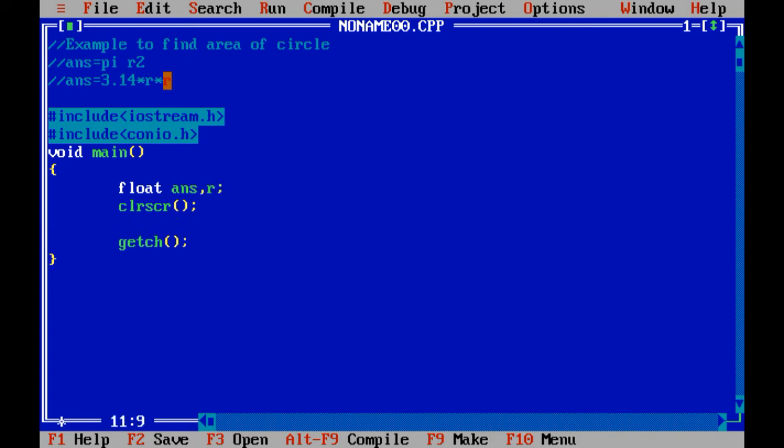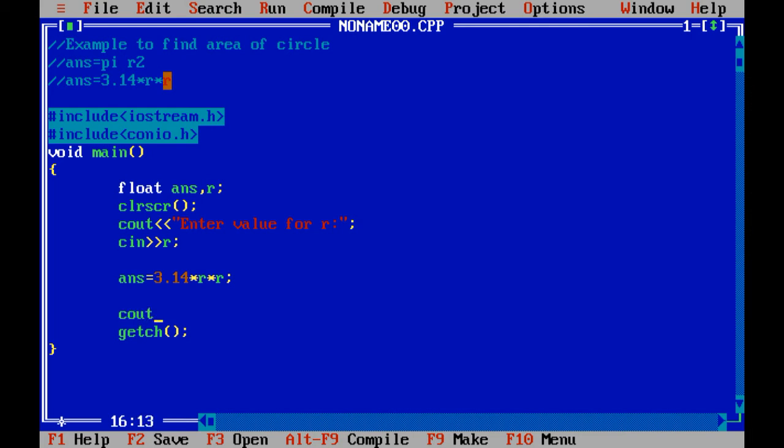Now what are we going to write? Yes, that is the cout function. We need to input a value in r. So cout enter value for r, and we need to write cin r. Now what is our processing statement? That is answer equals to, and directly you can write 3.14 into r into r. This is our processing statement, or we can say simplified formula.